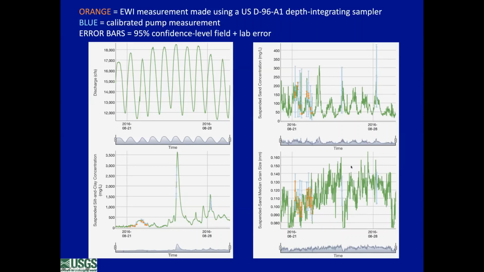And then right when this tributary flood caused this big spike in silt and clay here, it also caused the sand grain size to fine, because we're adding new sand to this river upstream. So the sand grain size goes down and then basically slowly coarsens. And you can also kind of see the daily cycles here associated with sand concentration going up and down in this grain size plot. So that's what our data look like